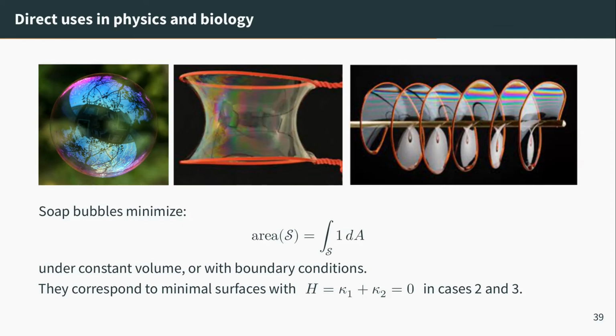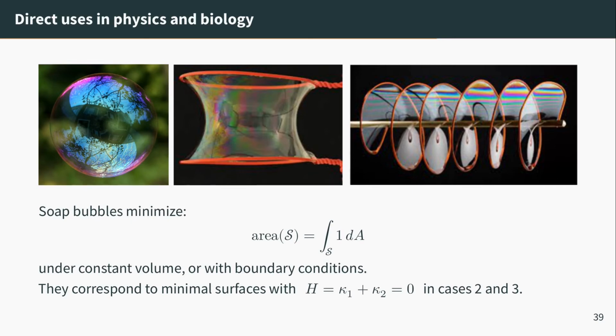Now, this notion has a long history. You probably know that this is how we describe space-time: general relativity tells us that we live in a curved 4-dimensional space. So it's a subject that has been studied to death over the last 200 years. But without going to those complex physical theories, we can immediately see that curvature has direct uses in physics and biology. It's a very useful descriptor of the surface of a shape.